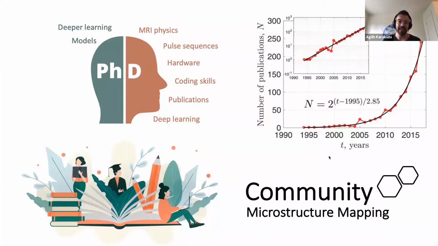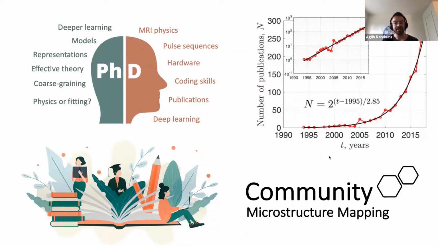But we also need a deeper learning, and there are some fundamental concepts and questions that contribute to the PhD component of the degree we are seeking, I believe, such as what's the difference between a model and a representation, what is an effective theory, what is coarse graining, and how are they linked to each other? Is this physics or just fitting data? And the thing is, there are more papers and resources than we can read in a lifetime about these orange lists, but we don't get to read that many papers talking about the philosophical elements of research in the context of MRI. And I think in this regard, the On Modeling paper is a true gem.